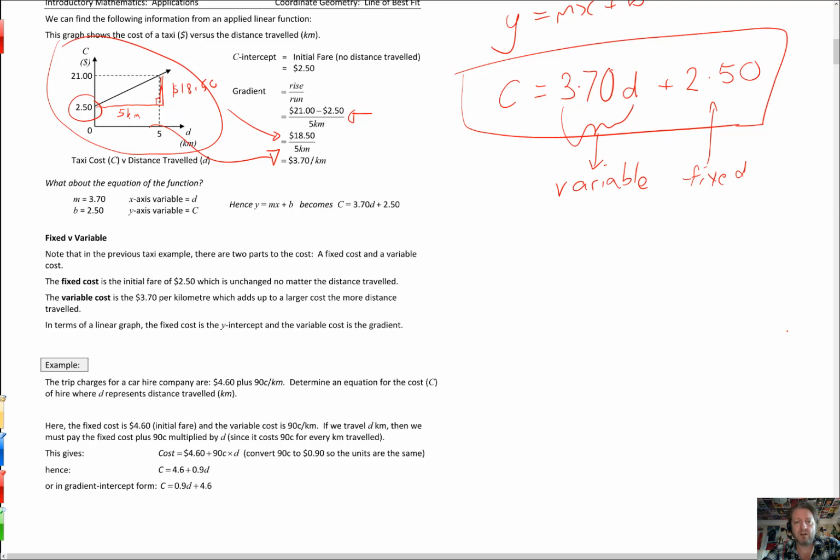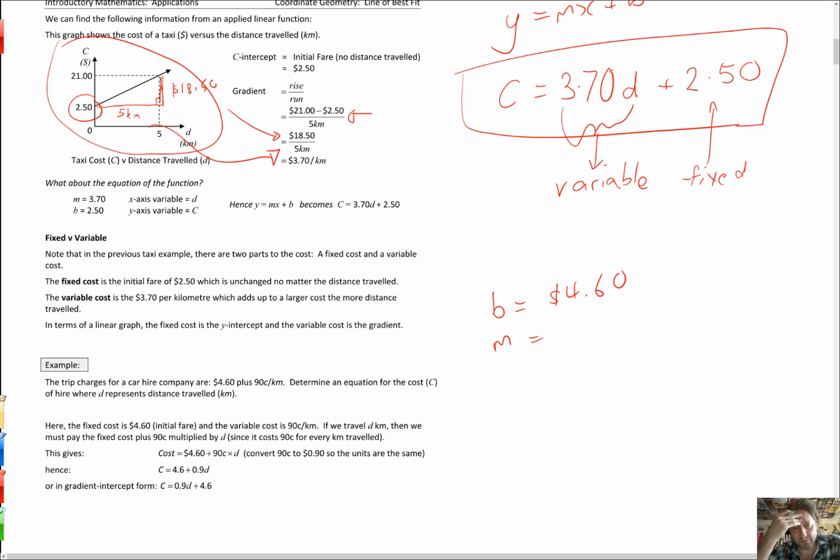So as I said, we could do it graphically, give a bit of a sketch. Firstly, let's do it the way I've done it here, and let's just go for it. Let's do it without a sketch and look at what information they've given us. They've told us the charges are $4.60. That must be the fixed amount. So the fixed cost, in other words, the Y-intercept, little b, is equal to $4.60. Alright, great. 90 cents per kilometre, that's the gradient, because that's how much it rises. For every kilometre I go along the x-axis, for every one I go across, it goes up 90 cents. One across, up 90 cents. That's the gradient. So flowing off the last one, we know our y-intercept is 460 and the gradient is 90